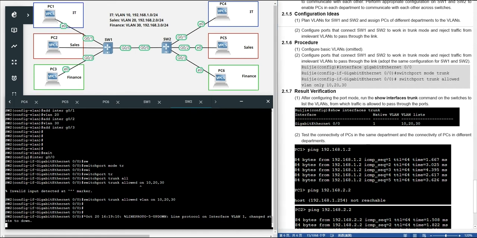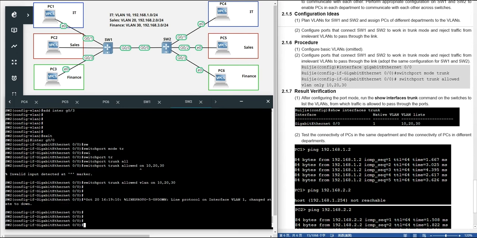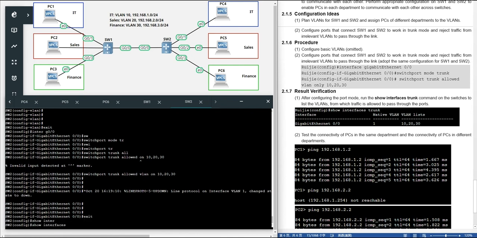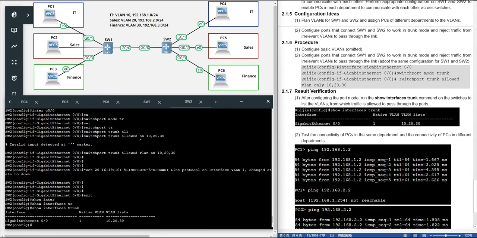After we finish the configuration, you can use the command to check. Show interface trunk. The result is now you only have one interface, Gigabit Ethernet 0/0, and the native VLAN is VLAN 1 because we don't change the native VLAN.